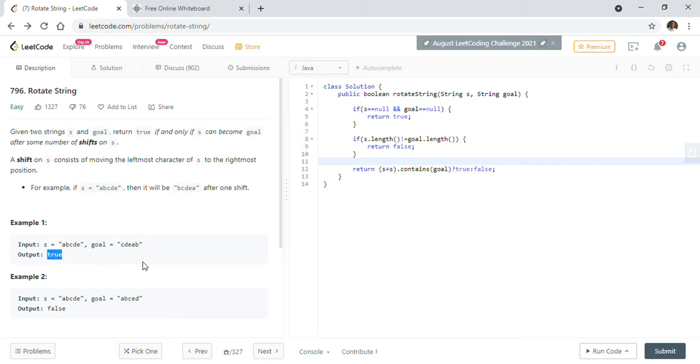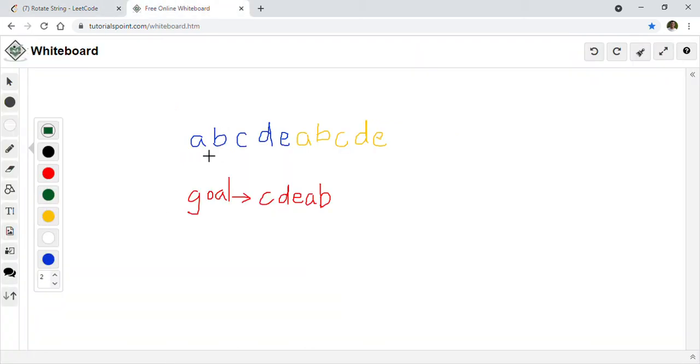So to solve this problem, I just took the same example. ABCDE is the given string and our goal is CDEAB. To find out if the goal can be achieved by doing the rotations, the easiest way is to take the original string, ABCDE, and append it with the same string, ABCDE.